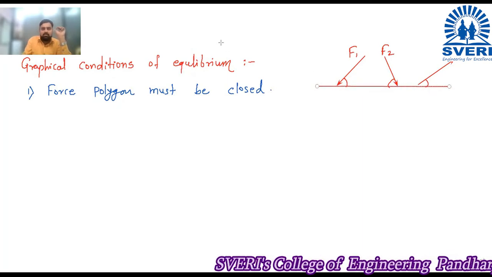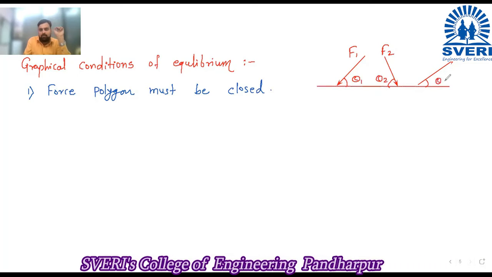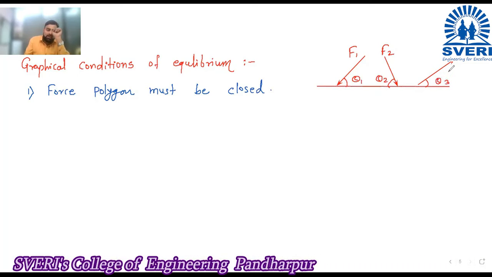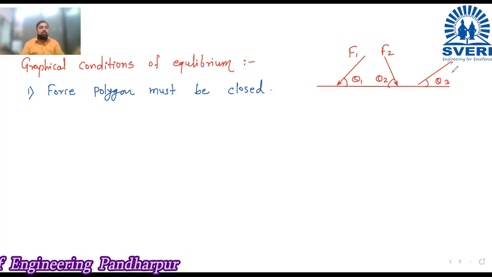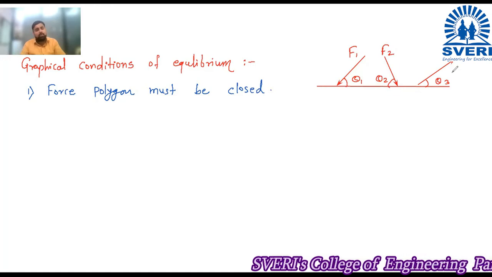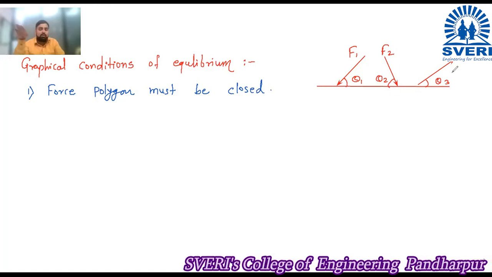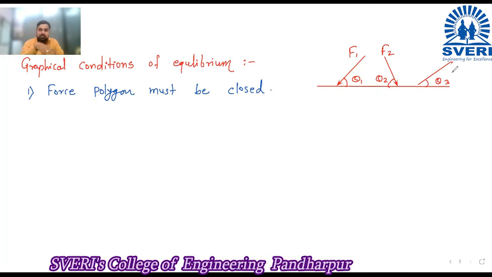So their angles, we will take it as theta 1, theta 2 and theta 3. Now see, usually if I tell you this is the force system and calculate the resultant, what you will do? You will see that F1, F2, F3, all the forces are inclined. So we need to resolve the inclined forces first. After the resolution of force, what we will do? We will calculate summation Fx. All the horizontal forces we will take in summation Fx. All the vertical forces we will take in summation Fy.